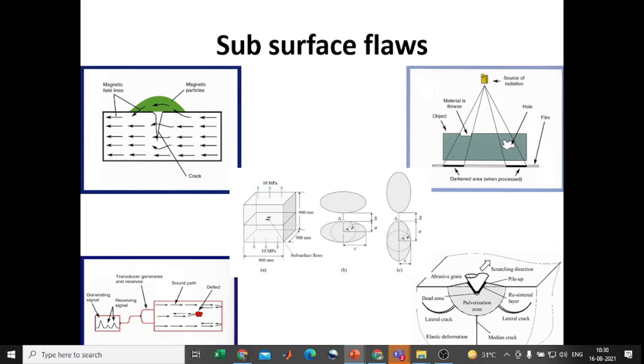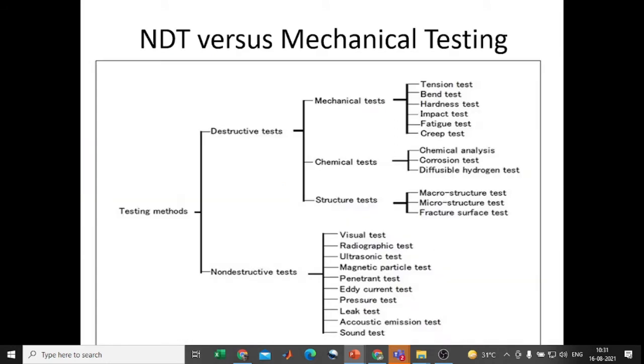The internal defects, internal voids, internal cracks, internal shrinkage, and internal blowholes we can identify with this non-destructive testing method or procedure. After that, you may be aware that if I give an external load, the material breaks, and we can identify the material properties with the aid of the breakage. These tests are called destructive testing. If we don't destroy or damage the workpiece and can still identify the defects inside the workpiece material, that is called non-destructive testing.